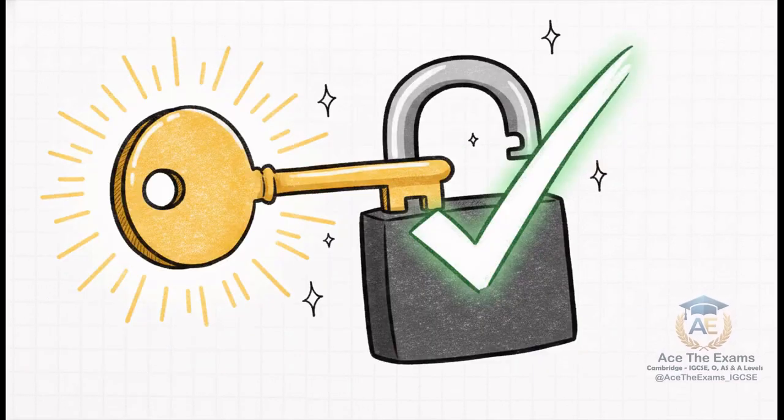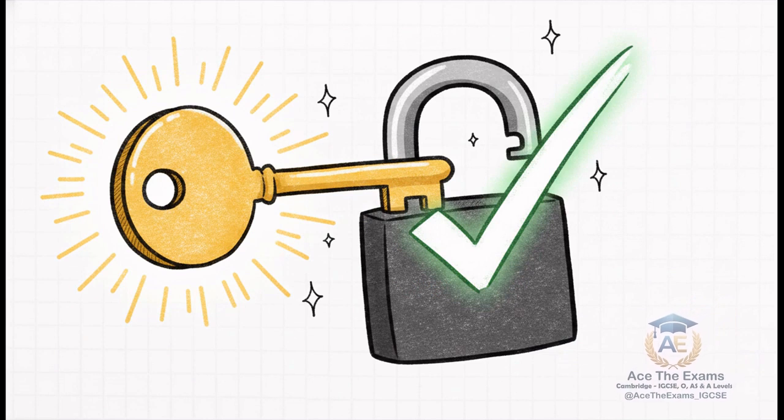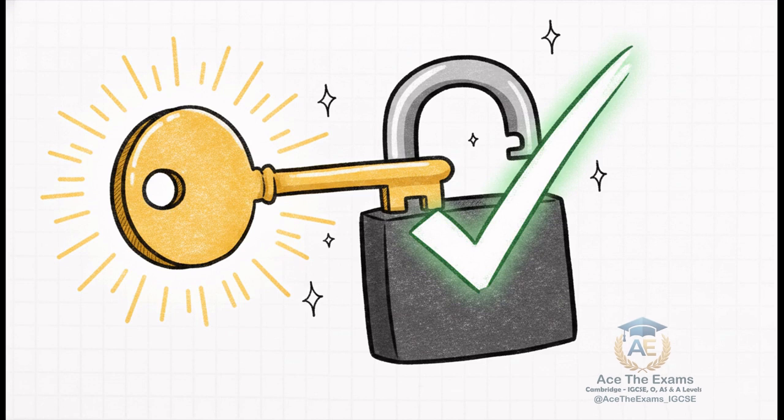Now, in just a second, I am going to show you the exact hidden examiner clue that flips an answer from 0 to full marks. But first, you need the framework that makes that clue completely obvious. Because once you lock this structure into your brain, you will absolutely never write a vague, panic-driven answer again.